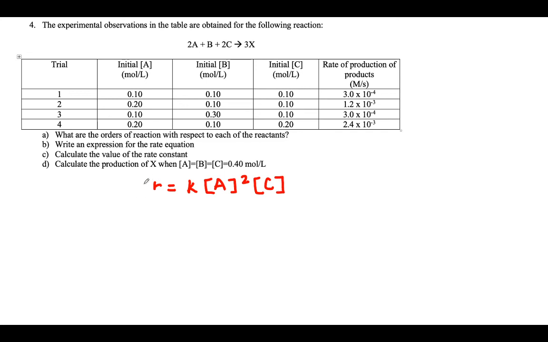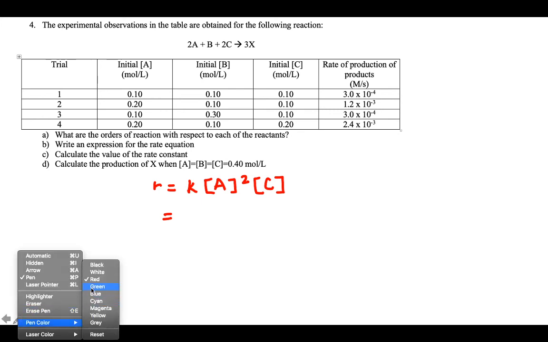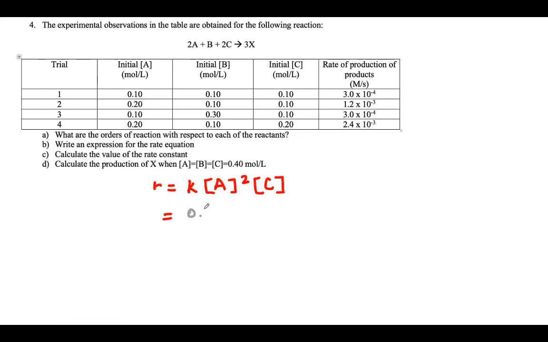I'm going to solve for R. I'm going to use the constant that I just learned from my previous question. So it was 0.3 liter squared divided by mole squared times second,